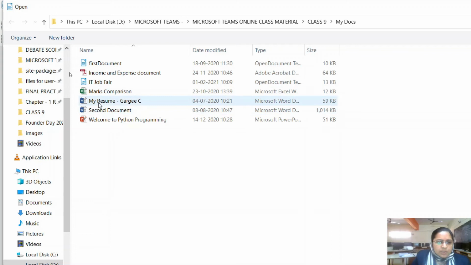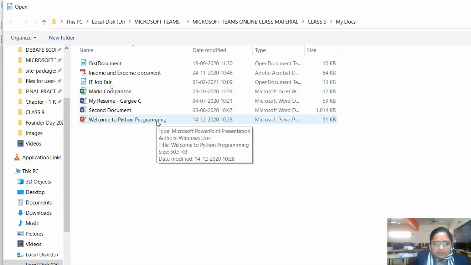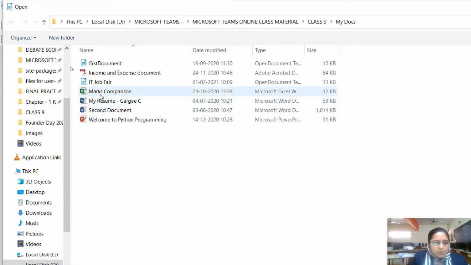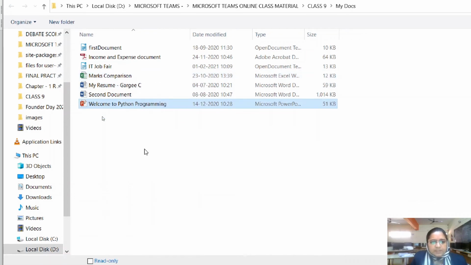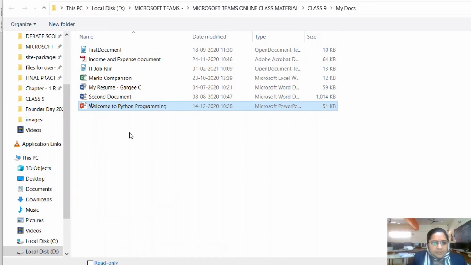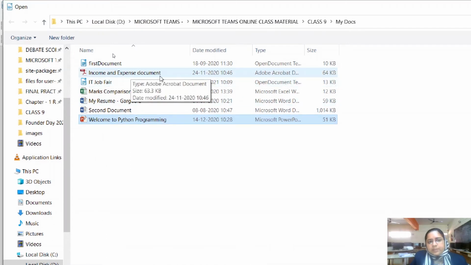As you can see, you can also open any type of document in LibreOffice. Even if we are working on Writer, it is very easy to switch to another app of LibreOffice. So it is showing the Excel sheets also, which would open in Calc, the PowerPoint presentation also, which will open in Impress, and it can also open PDF documents.